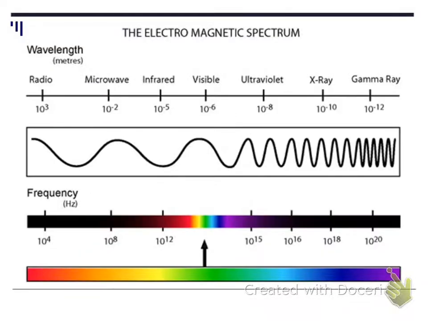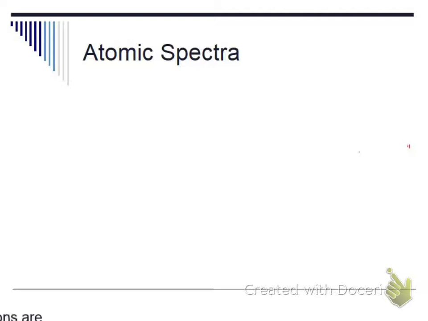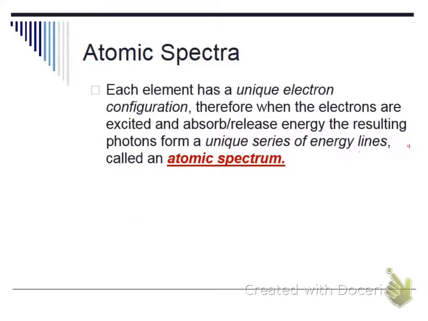Yesterday we looked at the atomic spectrum of the different elements, remember? So today we're going to talk about that real quickly before we get into electron configuration. That was the electromagnetic spectrum, just reversed from the way we looked at it in the flips lesson. Remember, each element has its own unique electron configuration, which is what we're going to learn here in a second. But because of that unique electron configuration, whenever the electrons are excited or they absorb or release energy, the